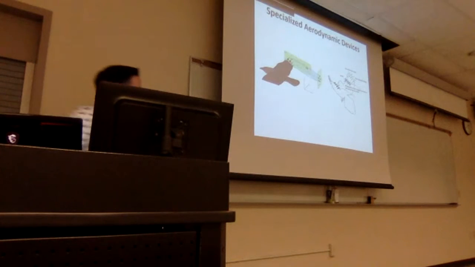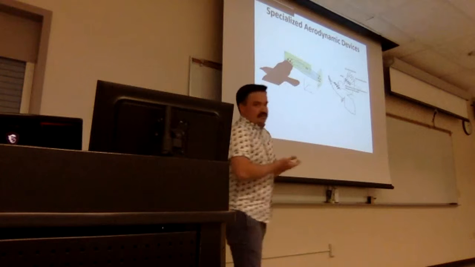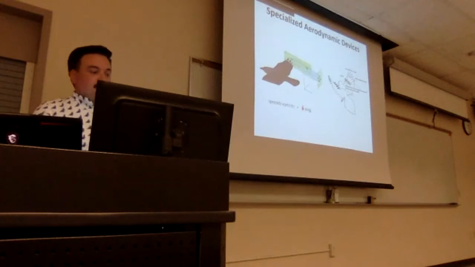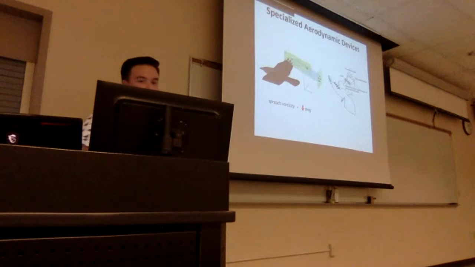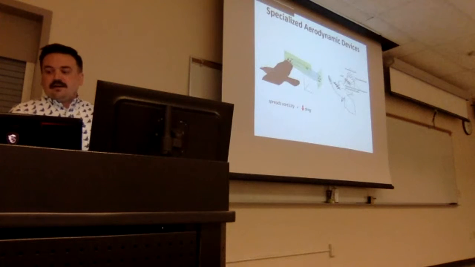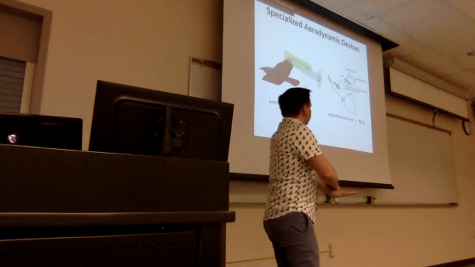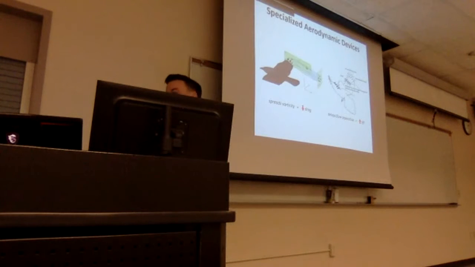So these are the two aerodynamic mechanisms that we're going to search for in our pigeon feathers. The first one, spreading vorticity at the wingtip to reduce induced drag. And the second, delaying flow separation over the body of the wing to increase lift.